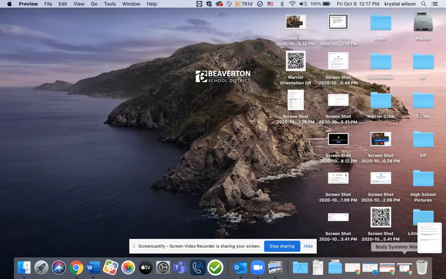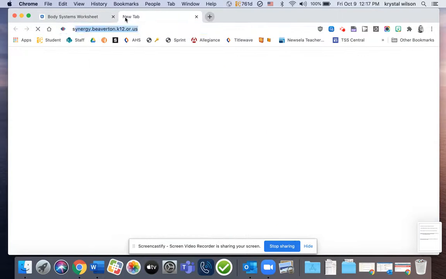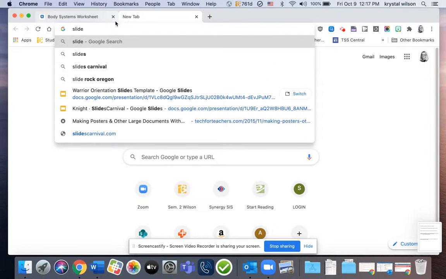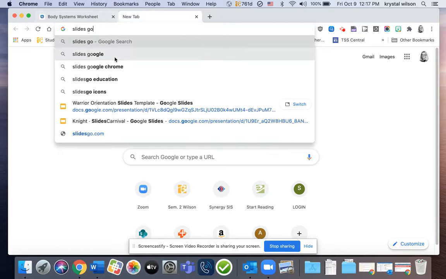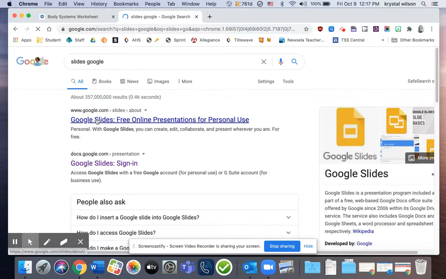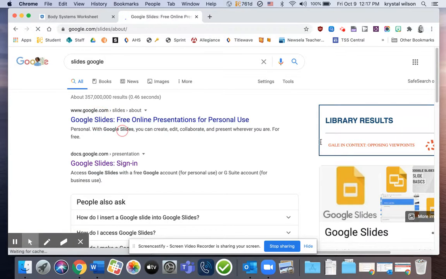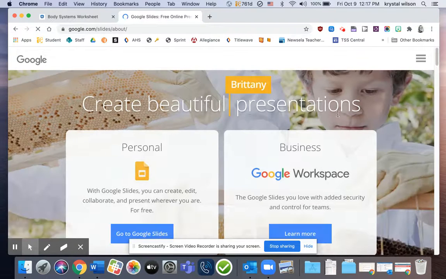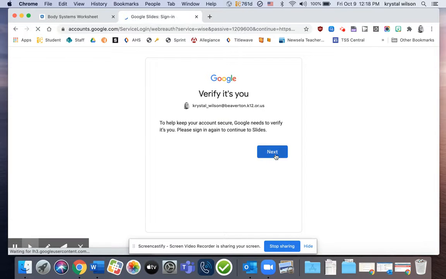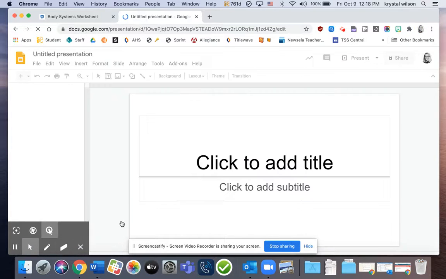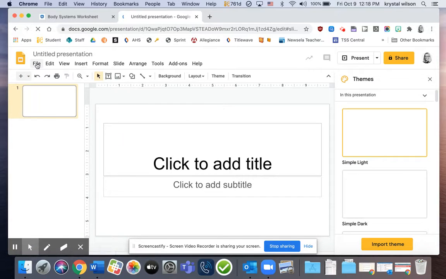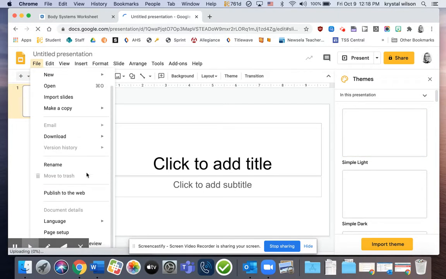So now I'm going to take that and open Google Slides. I'm going to do this from my Drive and do the New, all of that, however you want to create a Google Slide. And it wants me to verify who I am. So now that I have my blank Google Slide here, I'm going to go up to File,